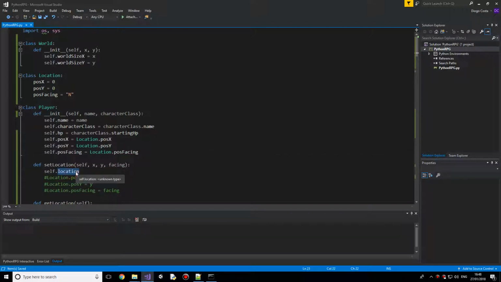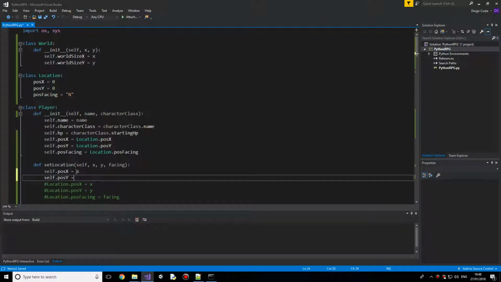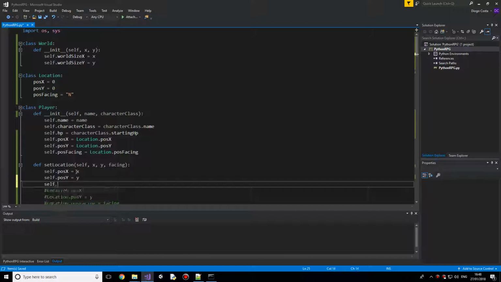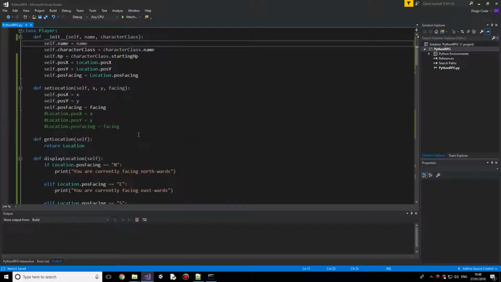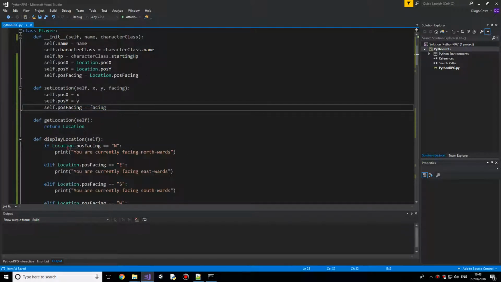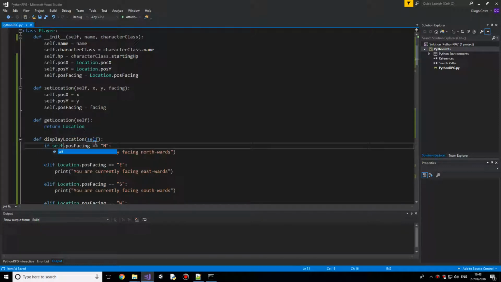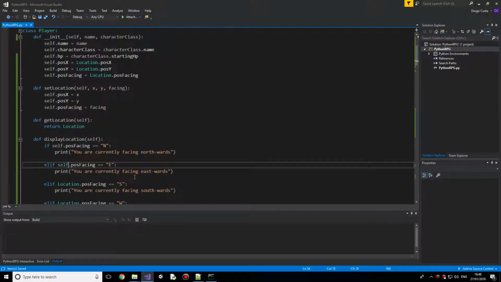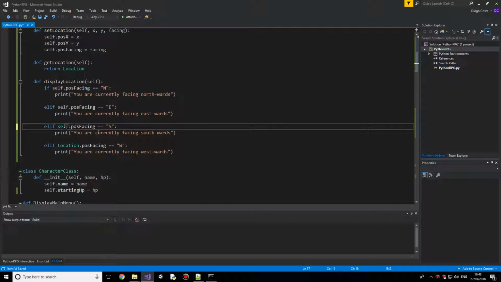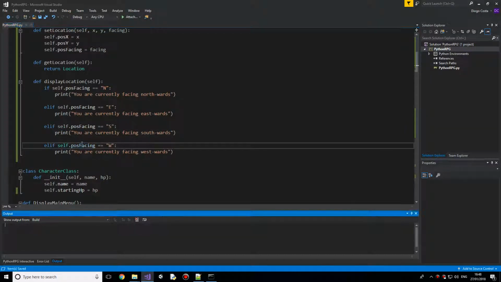There we go, then we can just reference here dot pos x is equal to the x over here. We can say self dot pos y is equal to y, and self dot pos facing is equal to facing. And then what we have to do here is if self dot and self dot. Okay, now